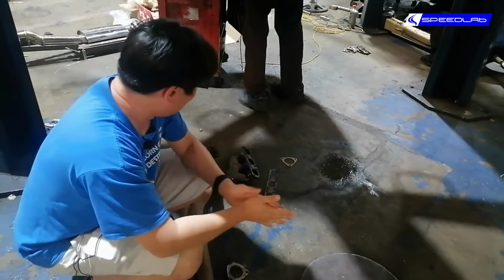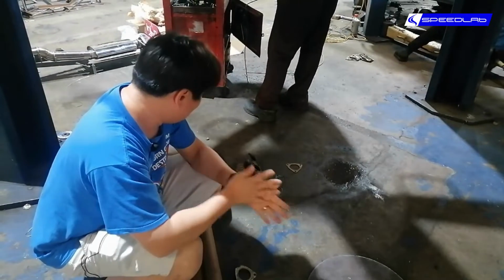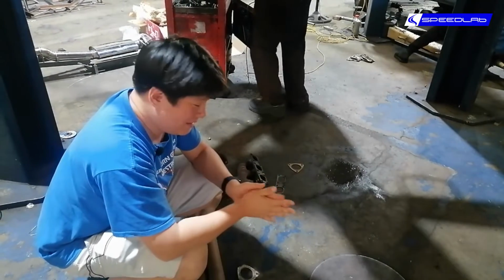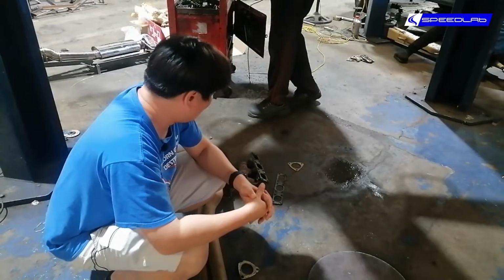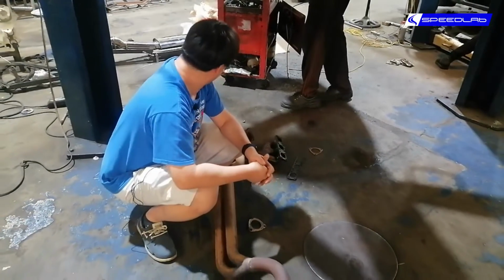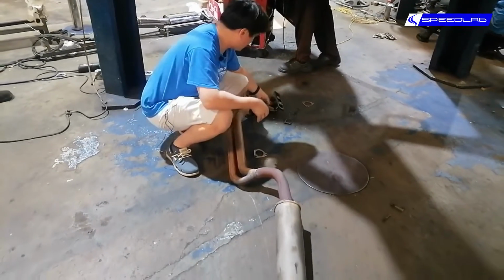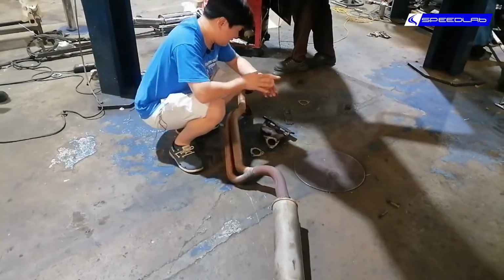And before everybody keeps asking, is it a 4-1 or 4-2-1? It's neither. It is a 6-2-1 that we're gonna be installing. So again, read the context of what you're researching. What we'll be changing is a long tube version of this one, because as you can see here, this is